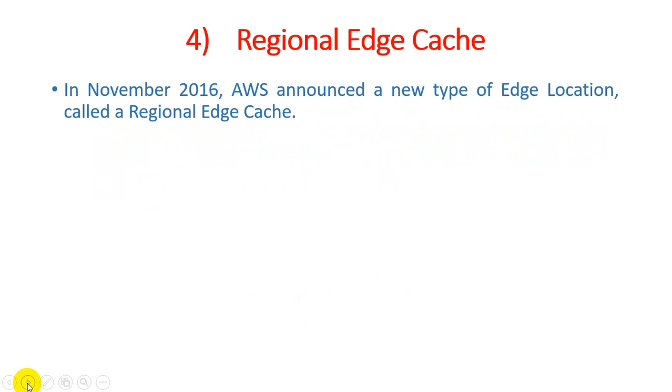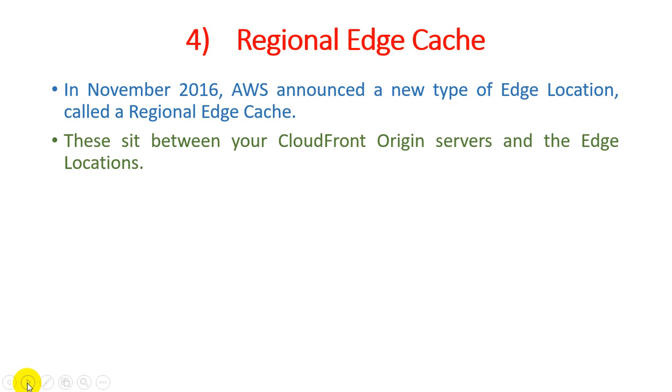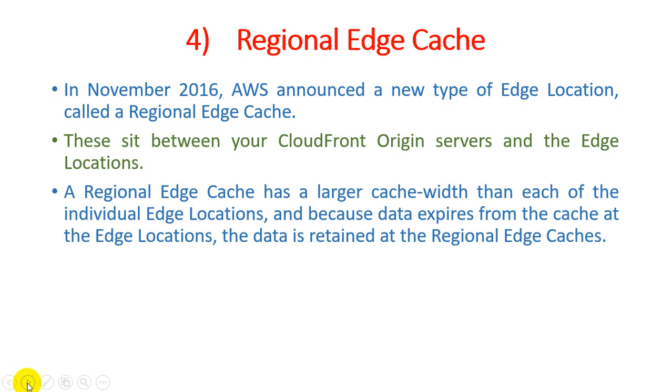And the fourth and last component of AWS infrastructure is the regional edge cache. In November 2016, AWS announced a new type of edge location called the regional edge cache. This sits between your CloudFront origin, where the actual service is deployed, and the edge locations, where the actual data will be available. A regional edge cache has a larger cache width than each of the individual edge locations, and because the data expires from the cache at the edge location, the data is retained at